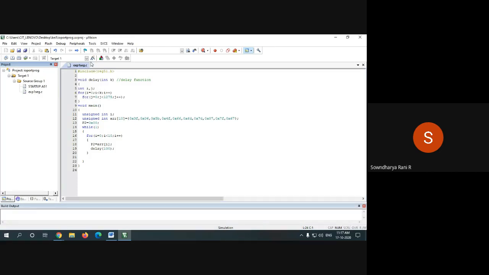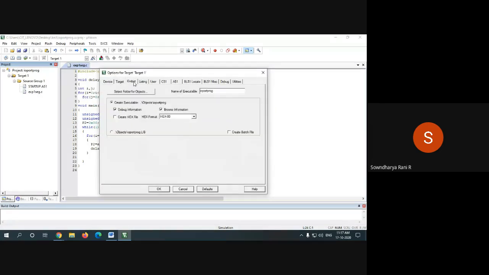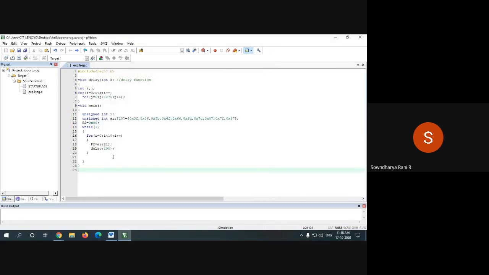Then in Options for Target, in the Output tab, I have to tick Create HEX File, and change the executable file name to experiment1 segment.